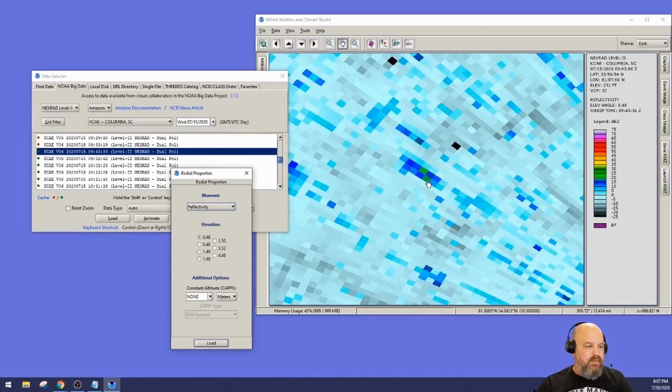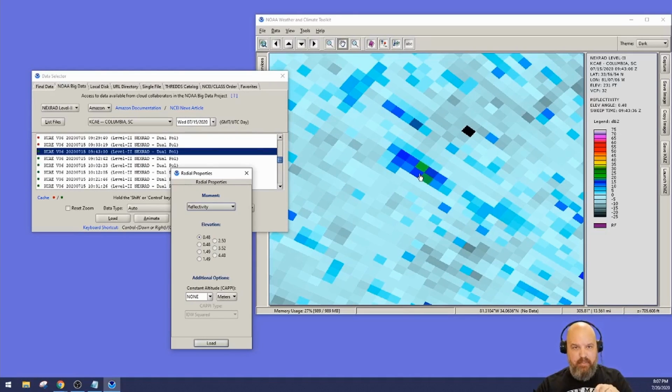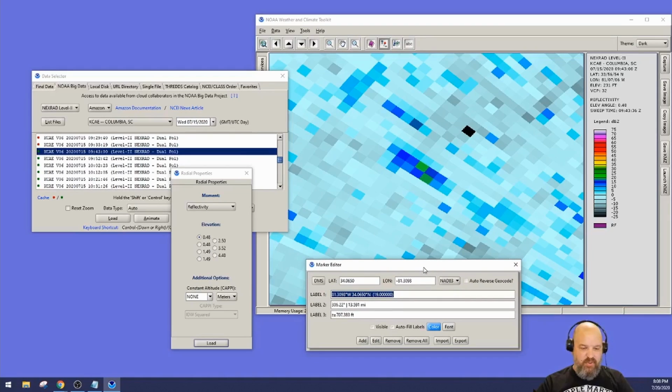I'm going to zoom in even closer, and we're going to put a mark on the map. And this is going to be our guess on where this roost is. So up here at the top of this window, to the right of the little book, is this thing that looks like a little push pin with a question mark. Click that, and then I'm going to go to what looks like the highest reflectivity area, the highest color on this range here. And I'm going to click it. And it gave me this. It threw it over on my other screen, but it pre-fills all this information. I don't like having it because it really clutters up the map. So I usually just delete it and